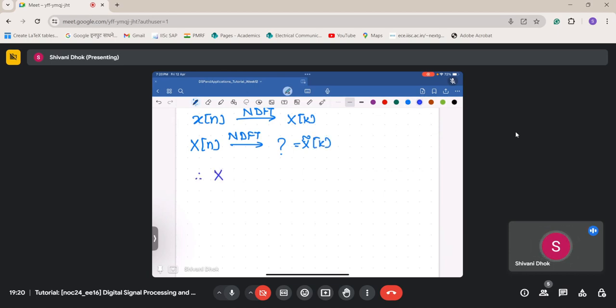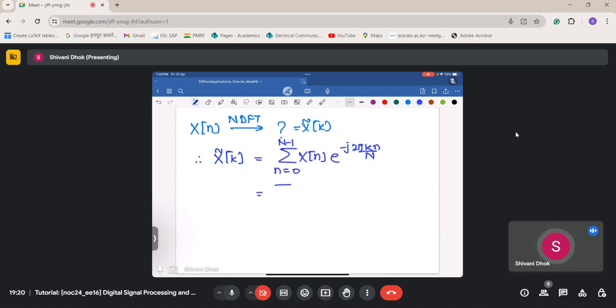So therefore this X tilde of k is equal to summation n running from 0 to capital N minus 1, capital X of n into e power minus j 2 pi kn by N. Then what I can do is, I can write this as summation n running from 0 to N minus 1 X of n into e power j 2 pi into minus kn by N. Now this X of k's are also periodic,